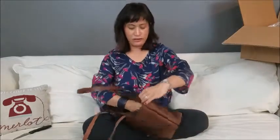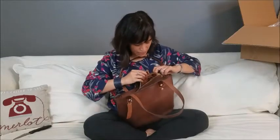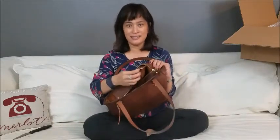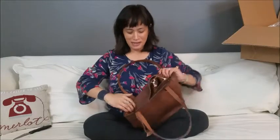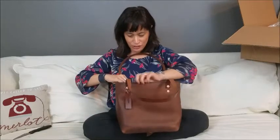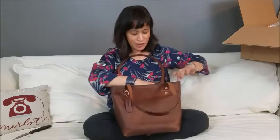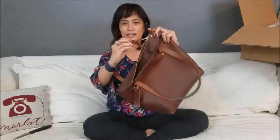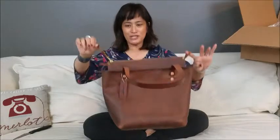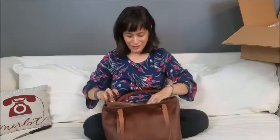Ooh, okay, on this one, this handle, one of them extends down. Is that what that is? Yeah, and they attach to the handle, look at this, a little key fob. That is just about everything you need for the interior of a tote. This is so nice. And look, they even put this pull tab on the other side of the zipper so I can shut it. Look at that. Look at that craftsmanship. You guys,